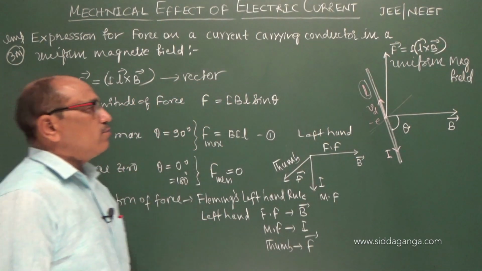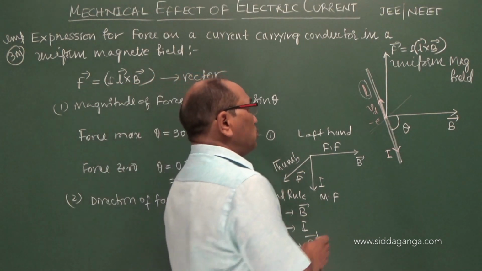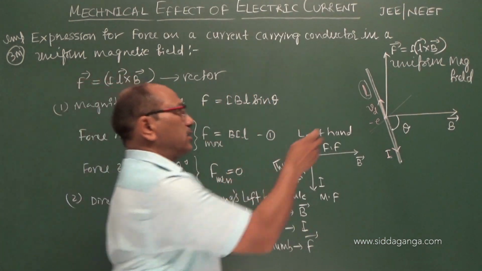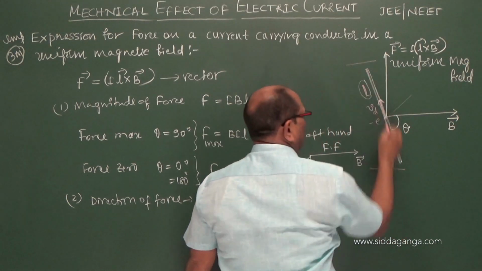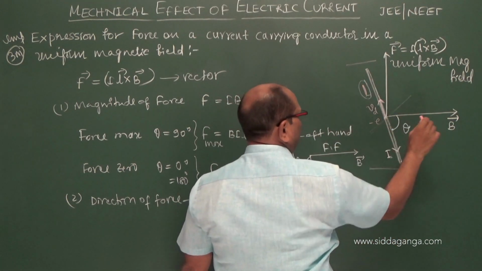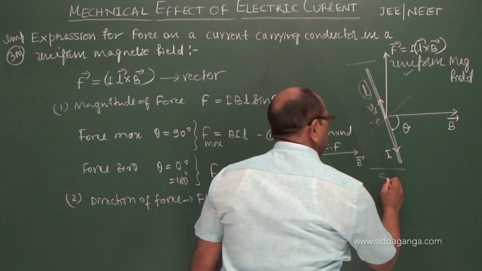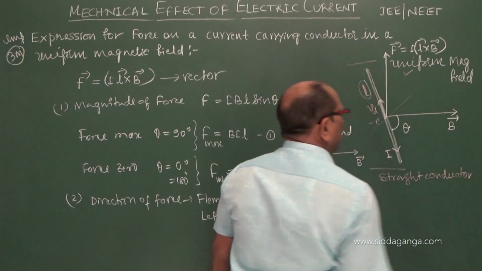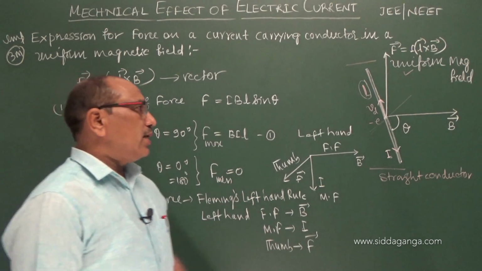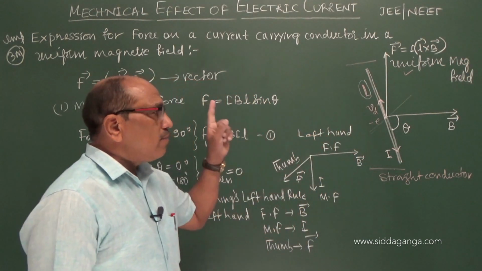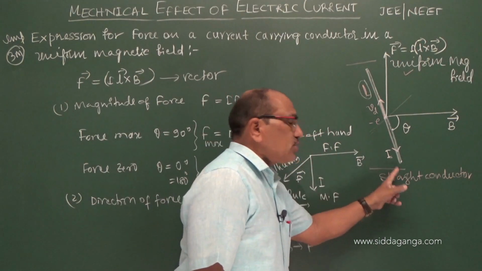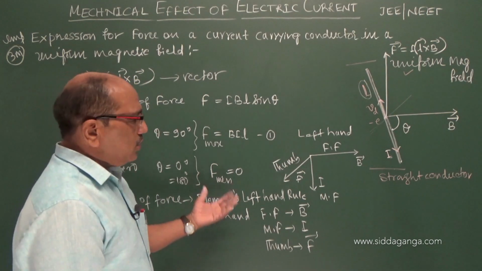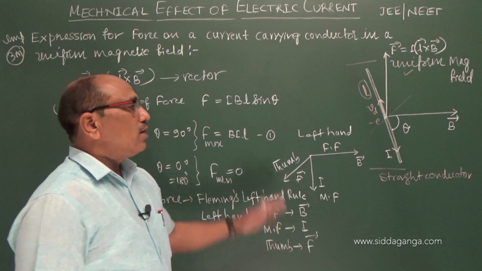But here we must consider how much portion of the conductor is in the magnetic field, as only that experiences a force. If I consider the entire conductor of length L, in this region the field B must be uniform, and it is for a straight conductor. What I explained so far is for a uniform field, where the entire conductor is in the magnetic field and the conductor is straight. For a conductor of arbitrary shape, we have to see how we can estimate the force.